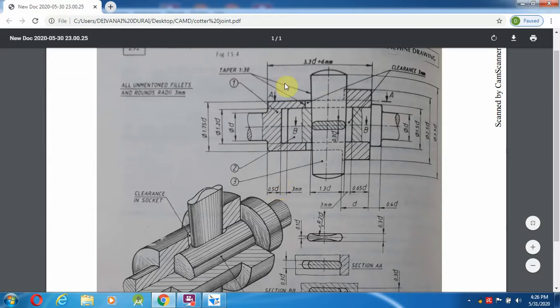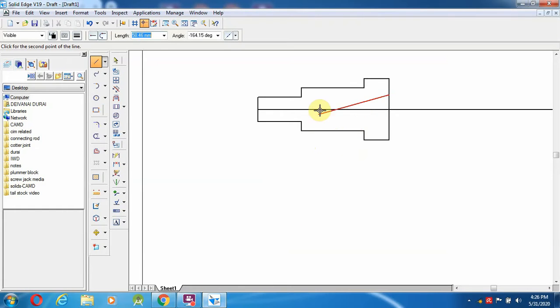So 72 minus 10, 62 mm distance we are going to make this length. Then towards down 1.2d means 24 mm and we are going to join over here. After joining this, the socket is almost done.